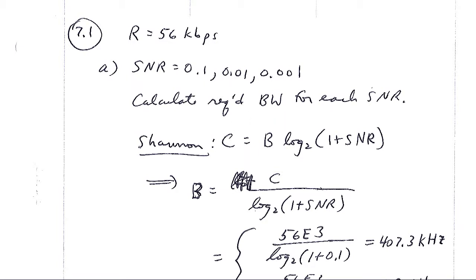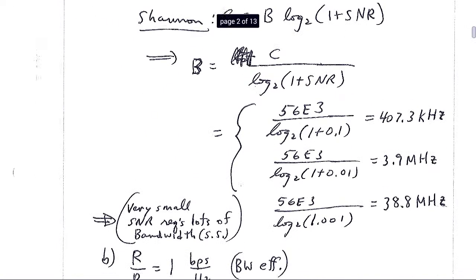So Shannon's equation shows that trade-off. You have bandwidth here and you have SNR here. The thing to remember about Shannon's equation is that the SNR is not given as a decibel value. It's given as a ratio. And so what we're going to do is take this data rate and set that equal to the channel capacity. We're going to set the SNR to the various values, and we're going to solve for the bandwidth. So B is C over log base 2 of (1 plus SNR),